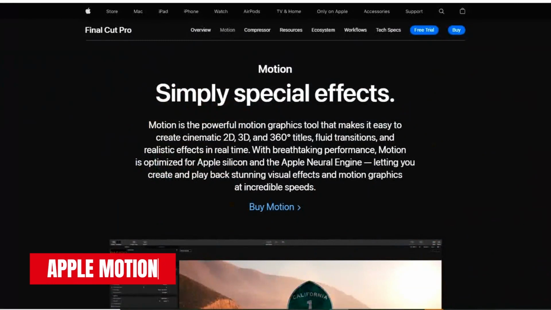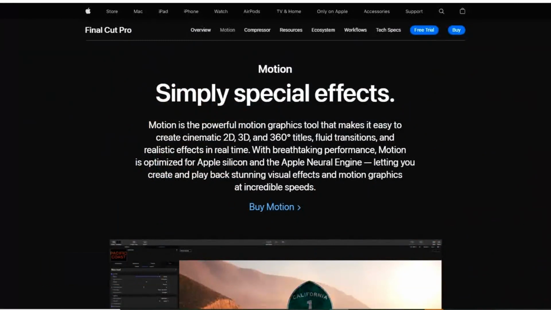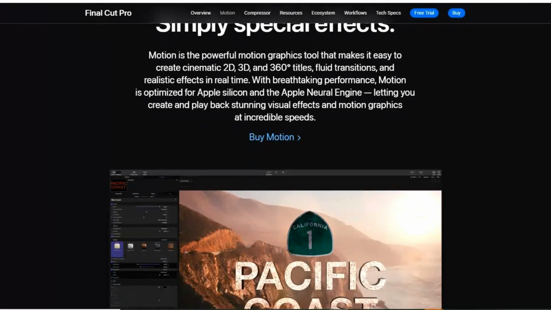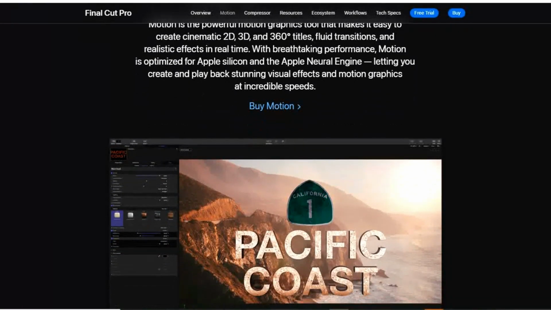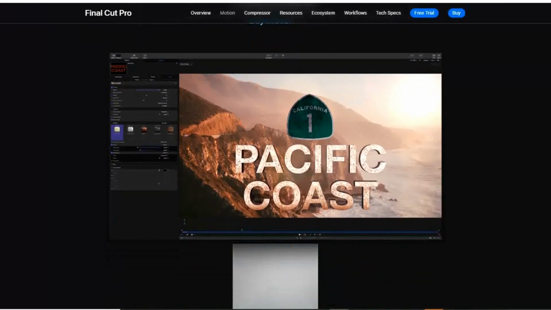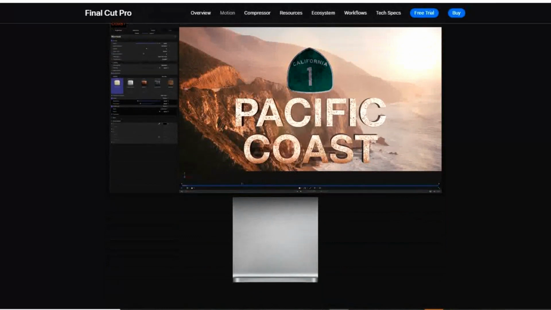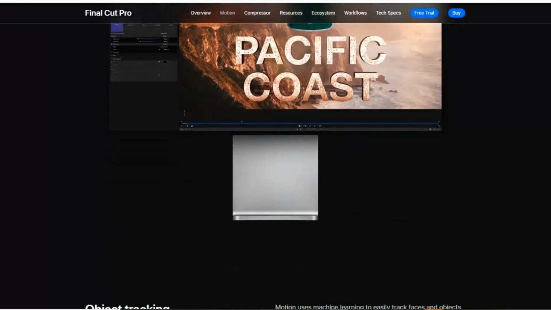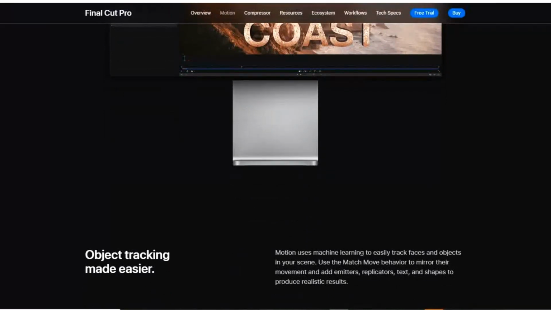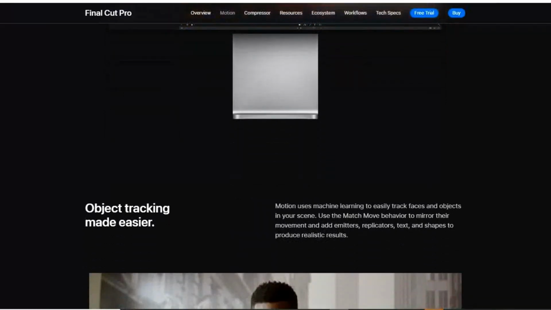The first of our standalone alternatives to After Effects is Apple Motion. If you use Final Cut Pro to edit your videos, this is one you should consider. While not as feature-packed as the others mentioned so far, it's a solid choice to create motion graphics that can easily be added to your projects in Final Cut Pro, instead of having to render your clips to preview them. Motion allows for the playback of your titles, effects, and transitions in real time, and allows you to work with